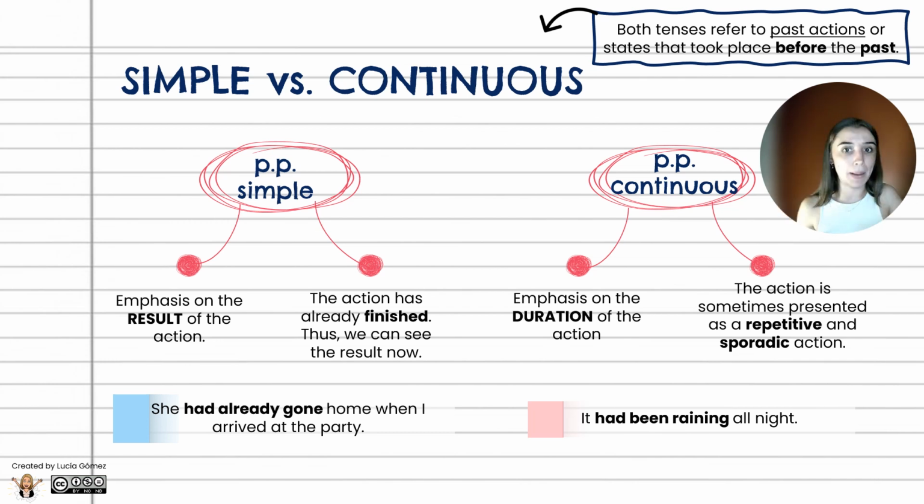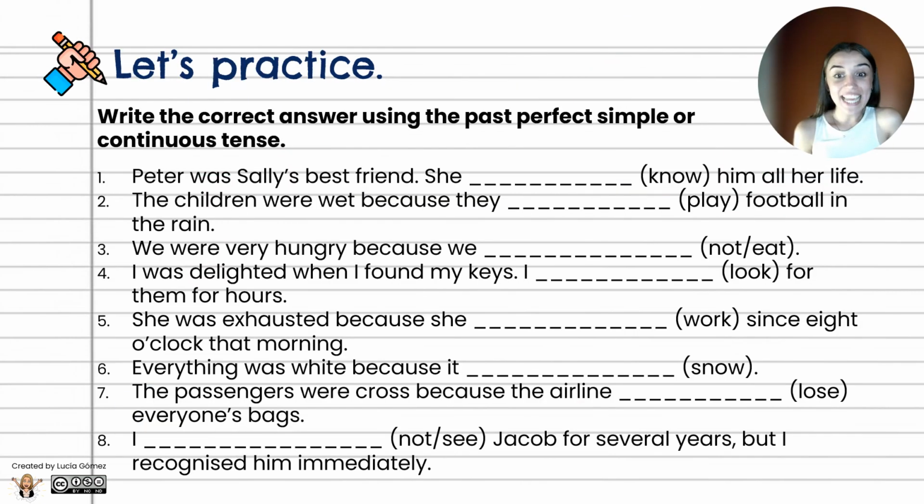Todo estaba empapado, con lo cual todo estaba empapado porque había estado lloviendo. Y sería mi manera de ubicar esta acción previa al propio pasado. As I always say, practice makes perfect. So stop the video, remember the structure of past perfect simple and past perfect continuous, and try to fill in